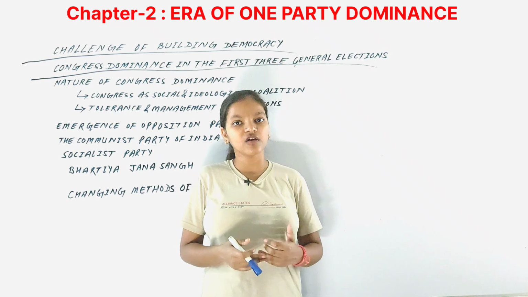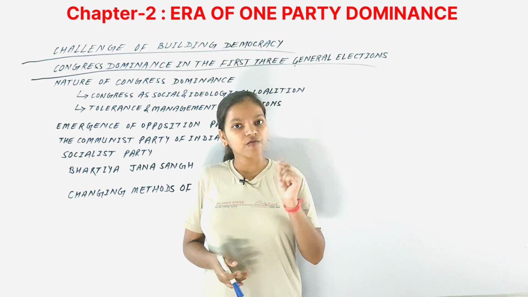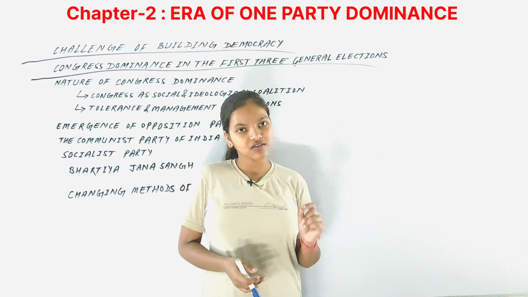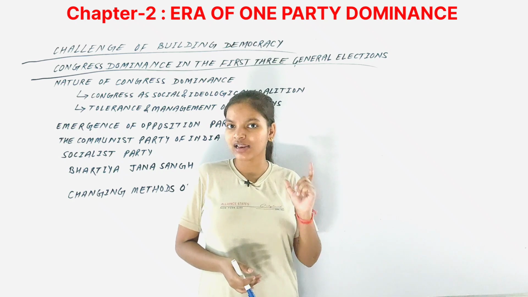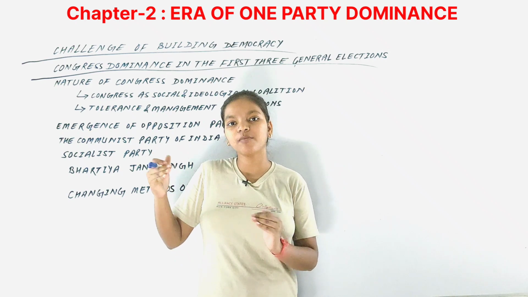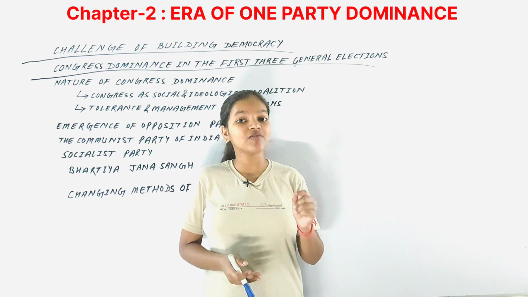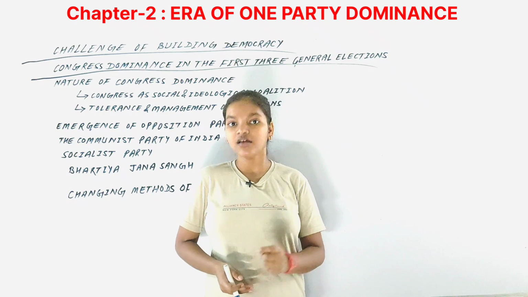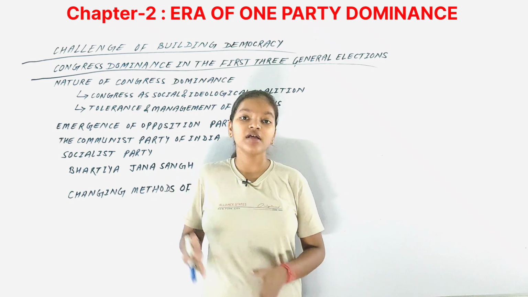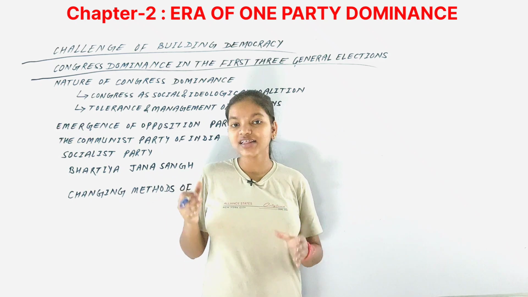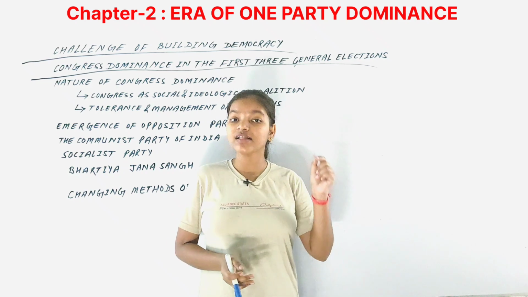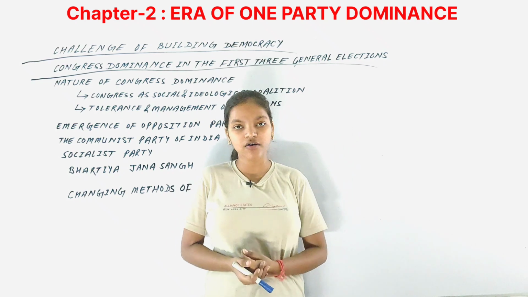Similarly, if we talk about the Socialist Party, if we look at just the votes, not the seats won by the party, it was the second largest party in the first general elections. In that election, it got around 10% of the vote, but it could not even get 3% of the seats. So we can say that in the first past the post system, the largest parties get more than their proportional share of seats, and that is why the extent of the victory of the Congress party